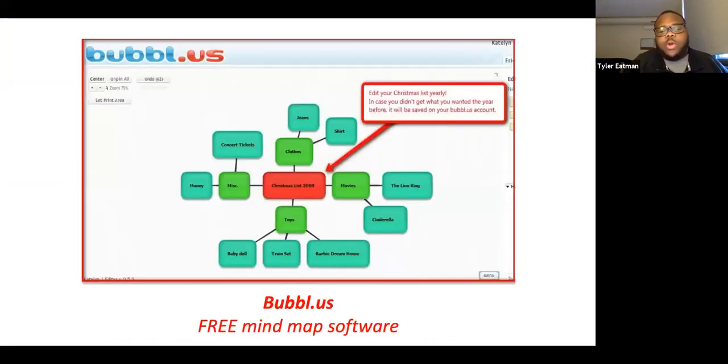And if you want to create a mind map, there are ones that you can hand draw, but there are also ones that you can go on websites to use. So this is Bubbl.us. It's a free mind map software that you can use to insert things to make outlines for yourself. This is also great for studying and connecting information. So look at this website, or you can Google other websites for making mind maps, or even hand draw them as well.